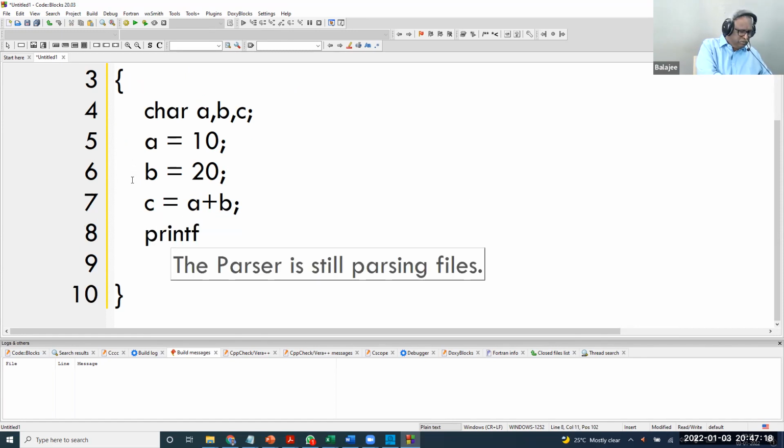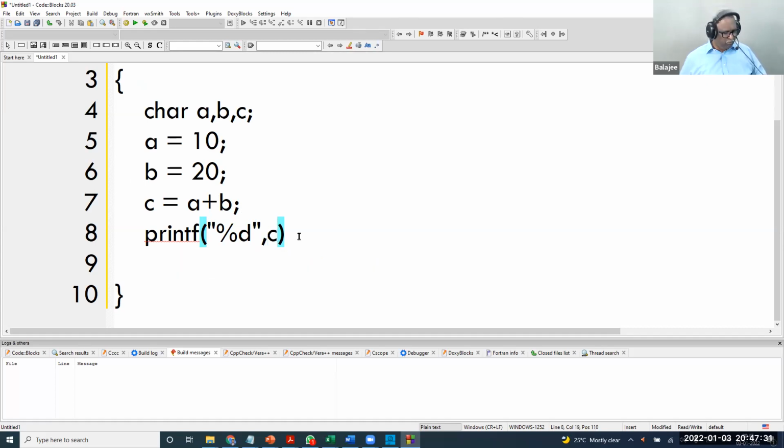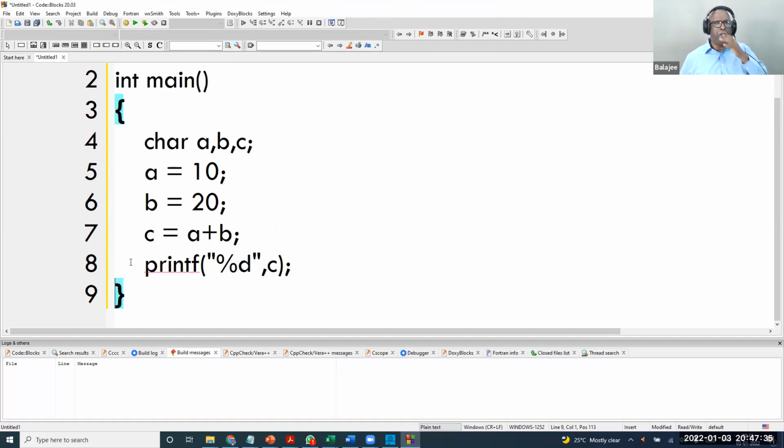Printf percentage d, C. I put the result. That's it. A small 4 lines program. Don't worry, I'll explain to you these things on the programming session. Okay, the equal to and everything. Today I'm discussing about only allocation. I'll explain to you all these things in the